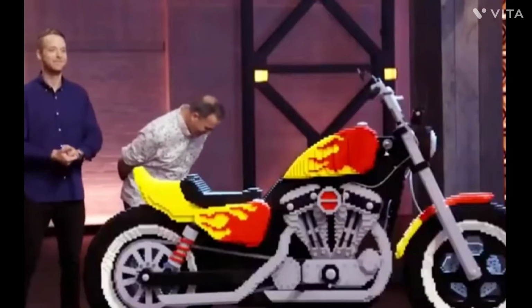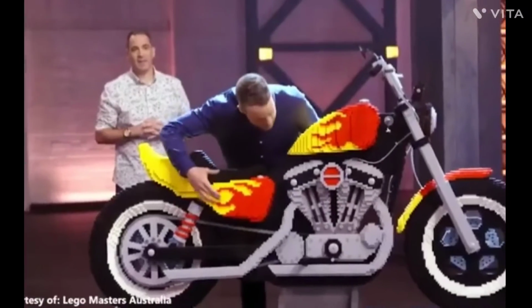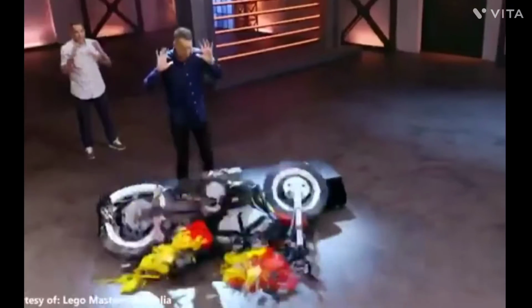During LEGO Masters Australia, the host knocked over a LEGO motorbike made of 75,000 bricks and 135 man-hours. The suspension and the engine on this...